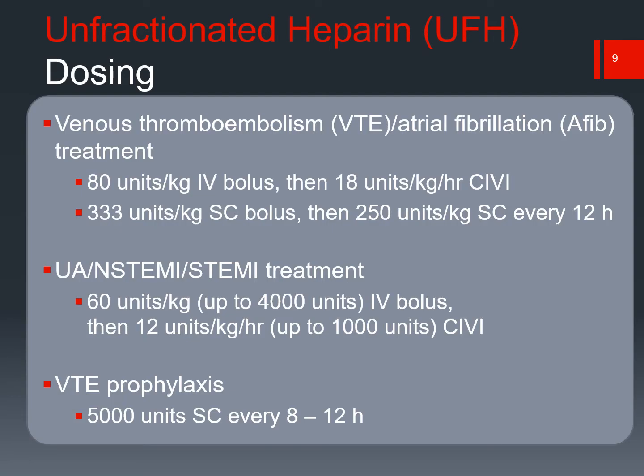For the first cardiology assessment, assessment 2.3, you are responsible for understanding and recalling the dosing for venous thromboembolism, so VTE treatment and prophylaxis dosing. And here we see that unfractionated heparin can be used in VTE treatment at 80 units per kilogram IV bolus, then 18 units per kilogram per hour continuous IV infusion. Or if we skip down to VTE prophylaxis, you could administer that as 5,000 units subcutaneously, either twice daily or